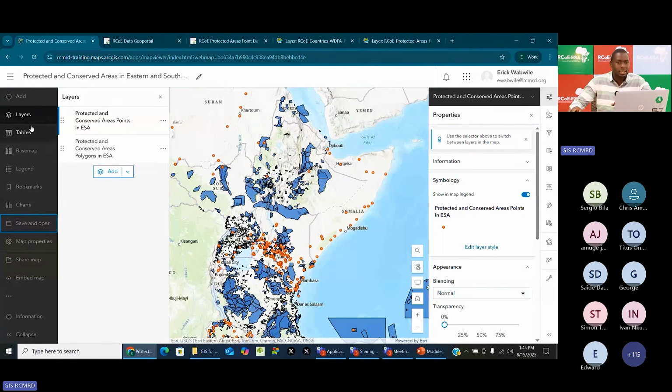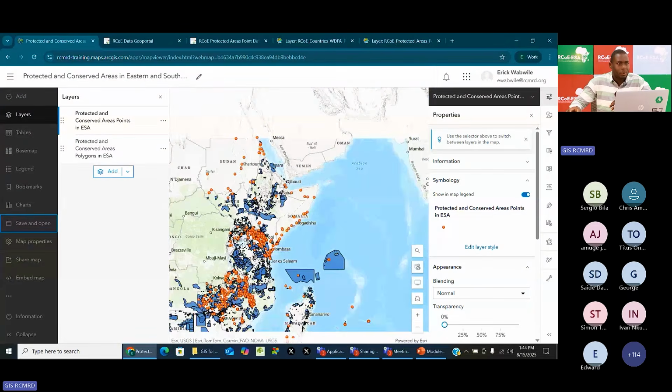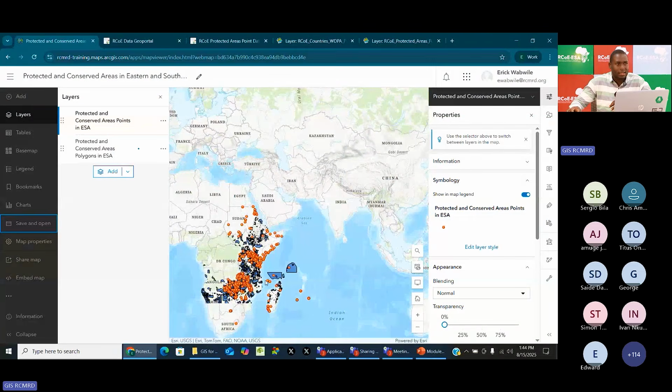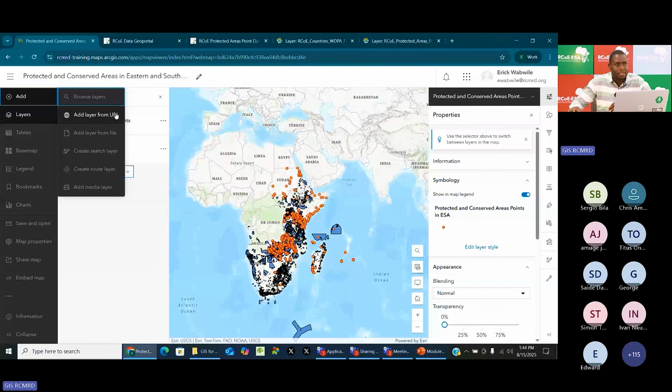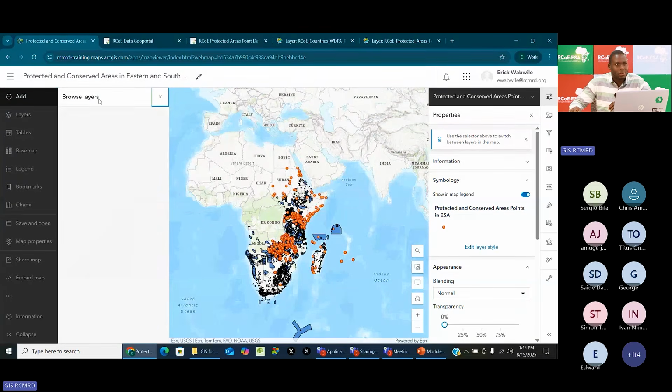So what I want us to do next is that I want us to filter this data and only remain with the data for your country. So if you are coming from a region outside the Eastern and Southern African region, you can go and add another layer, because the data that we have only covers Eastern and Southern African region. So if you're coming from beyond this region, go to Add. You can add, browse the layer, go to the Browse Layers option, click on the arrow beside My Content